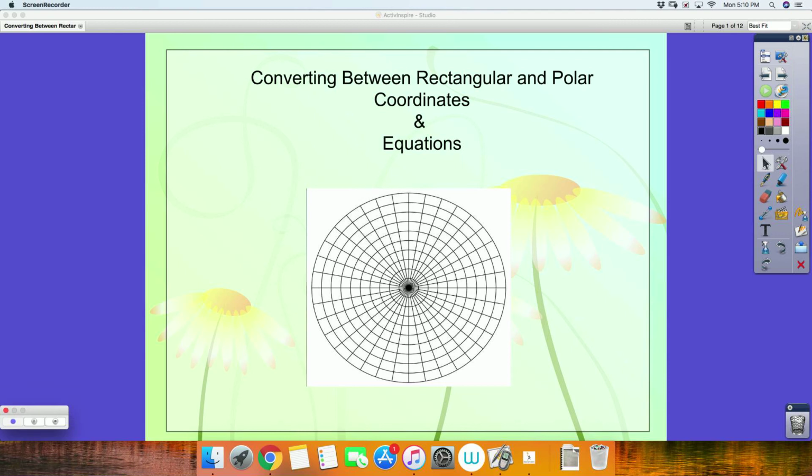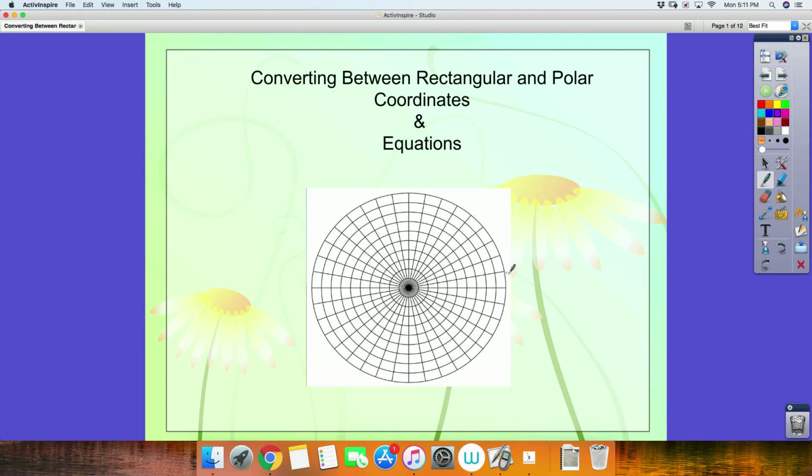Hey everyone! This lesson is going to be on converting between rectangular and polar coordinates and equations. So this lesson assumes that you already understand the basics of how to graph a polar coordinate and what it is. In case you need a quick refresher, remember polar coordinates still work on a coordinate pair, but now instead